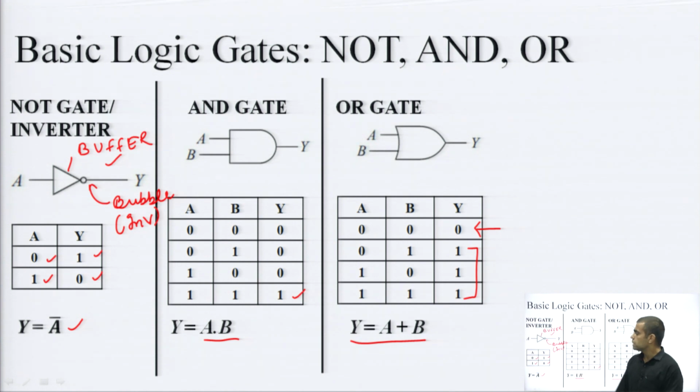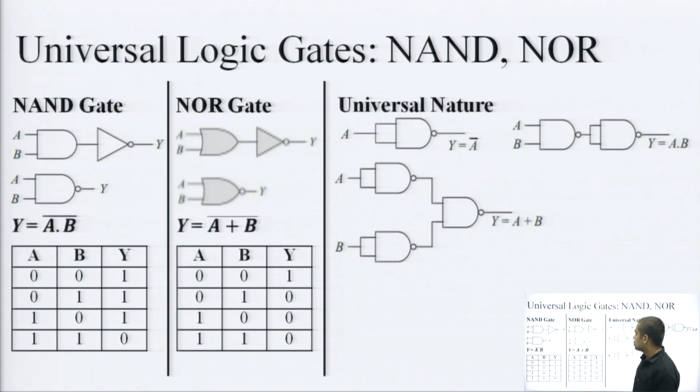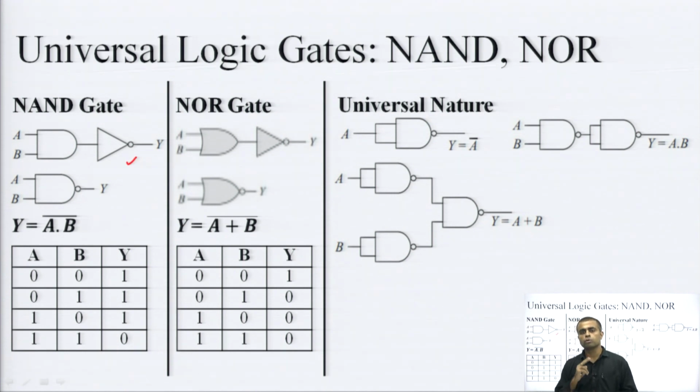So, these are the 3 basic gates. Now, coming to the universal gates. So, this is a NAND gate. NAND gate is obtained by complementing the AND gate. So, an inverter has been applied at the output of the AND gate. This becomes the symbol of the NAND gate. So, the truth table, as we can also see, is the complemented version of the AND's truth table. In the AND gate we were getting a high output only if all the inputs were high. So, in this case, when all the inputs are high, we will be getting a 0 output, as we can see from this case. So, both the inputs are high, so I am getting a 0 output, and for the rest of the 3 cases I am getting the high output.